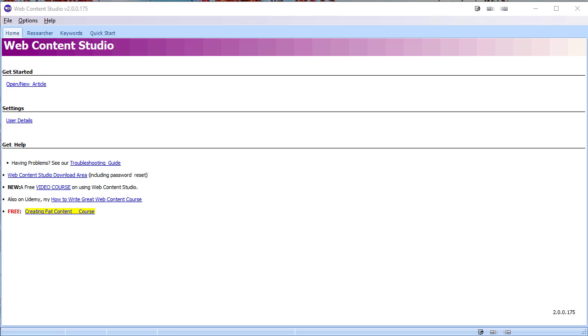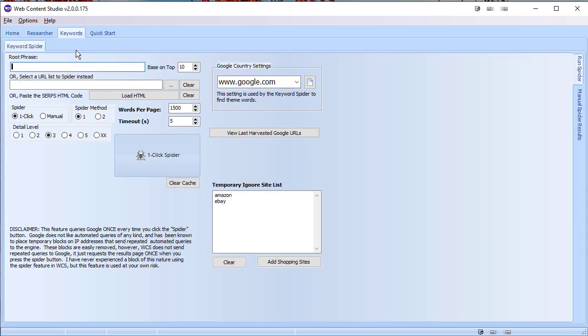Google's constantly trying to find ways to block tools from accessing the search results. It doesn't like the automated queries that software sends out, and so the latest challenge for Web Content Studio is that sometimes if you type in a root phrase, let's say amateur radio, and you click on the spider,